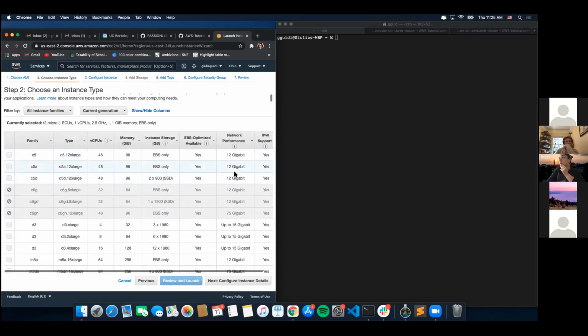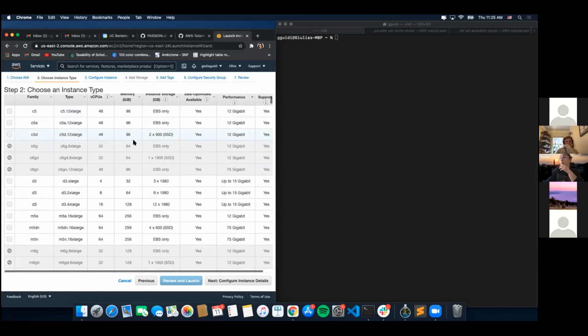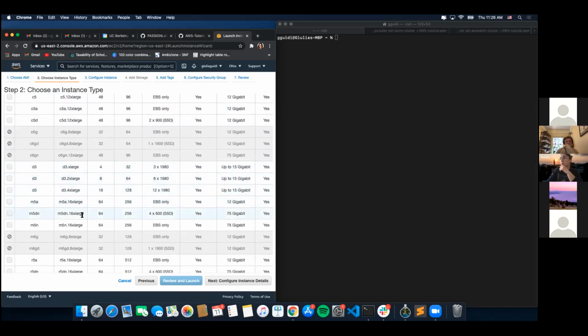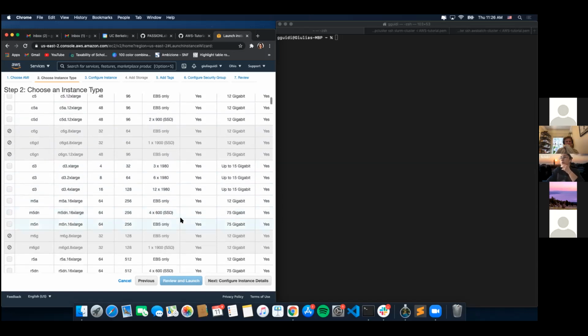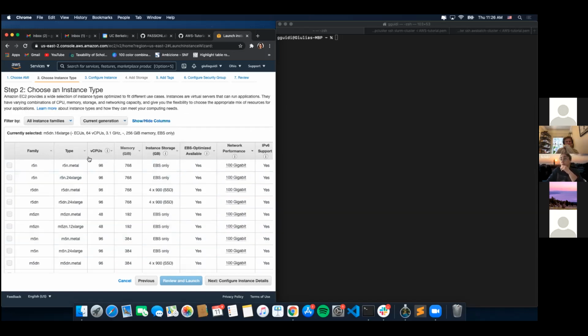When I was doing some work last summer on benchmarking cloud performance, I think I was picking some CPU with a way better network performance. That's crucial when, well,